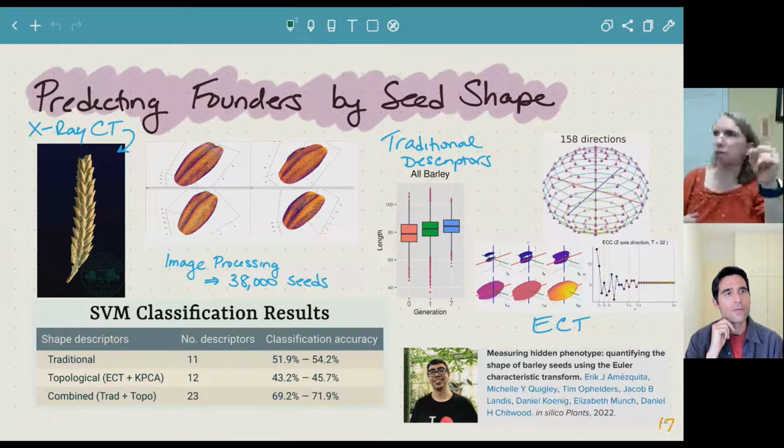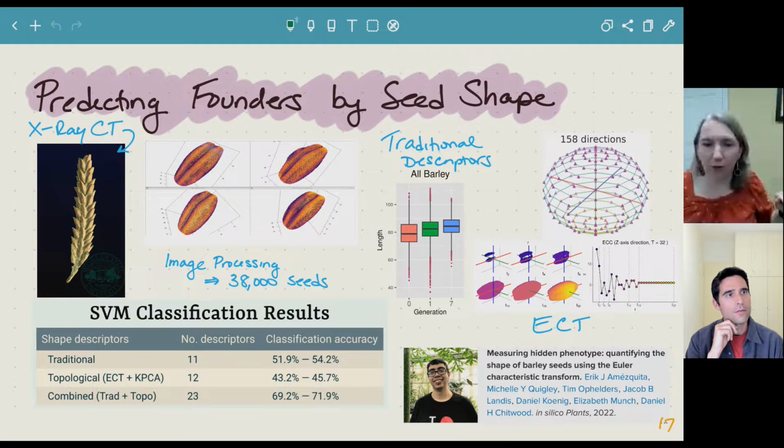So each direction gets me 40 different numbers. 40 times 158 is bigger than I can think about right now. And so passing that into your machine learning algorithm was getting us basically garbage. So what we ended up doing was taking the full Euler characteristic